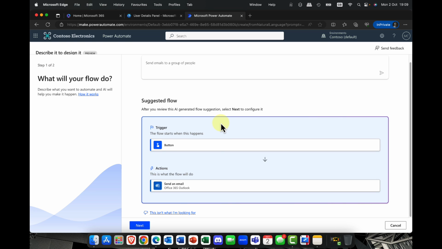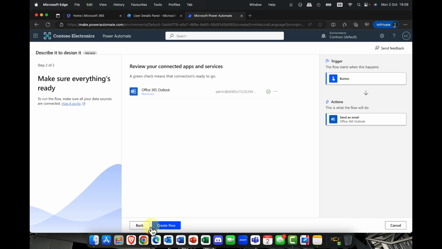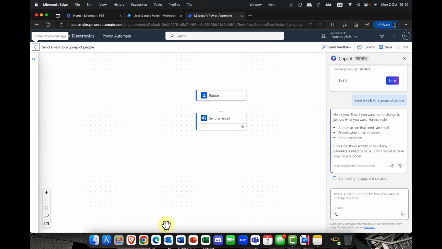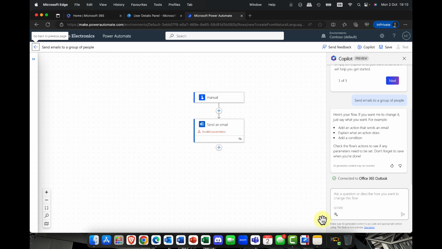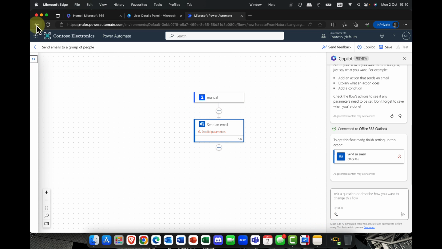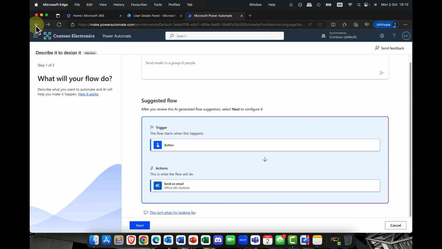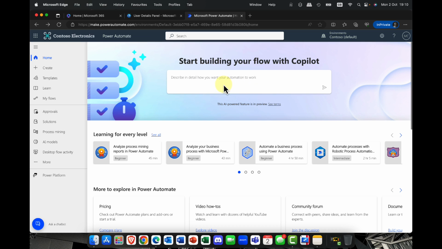There you go. So it's even suggesting a flow, and you think, hey, this looks great. Let's just go ahead with that. And it will go ahead and create the flow. So you can see it picks up the user accounts. You don't need to do anything. Look at that. How cool is that? And there we go. The flow is now created. But the fact that it can actually do this just by typing a few simple suggestions here, this is a